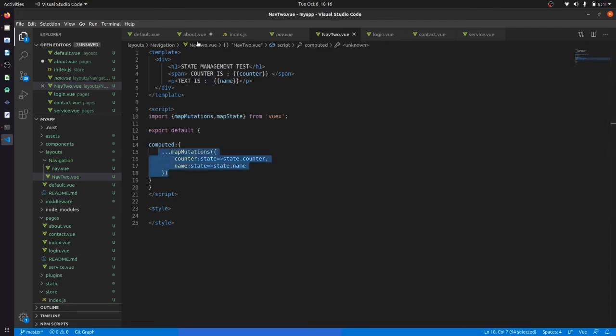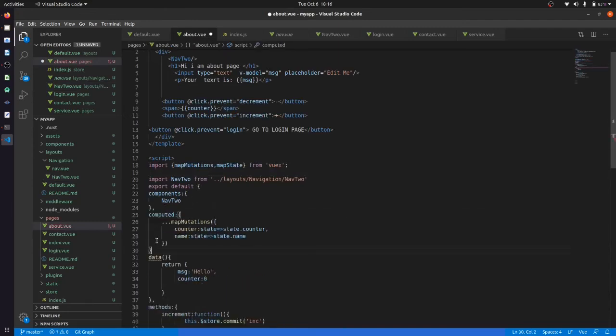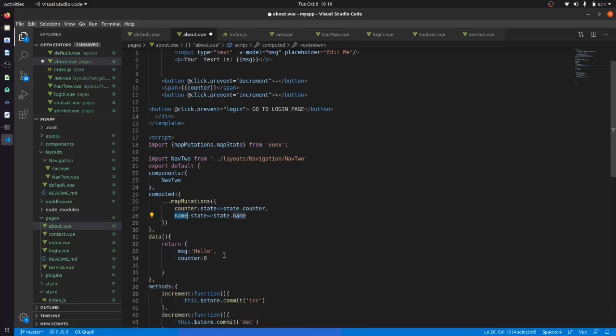One second, let me copy the whole computed and paste it after this. We have a computed name. Can we remove this counter? Yes, we can remove it because currently we are not using it. Save.